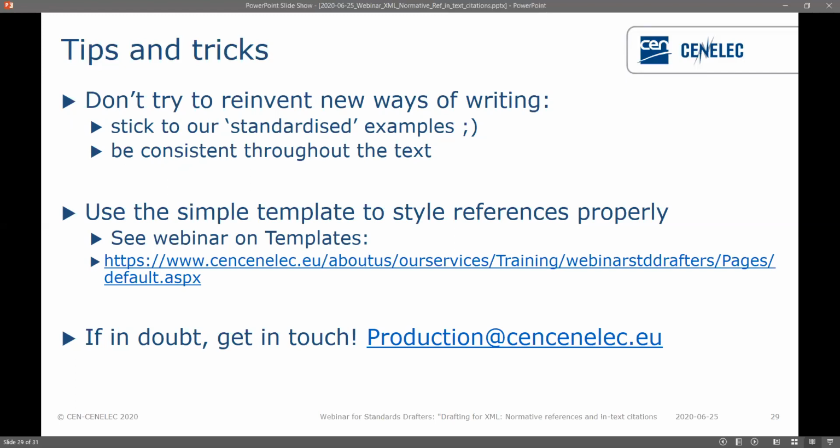And again, as Amy mentioned, do not hesitate to get in touch with us directly or any other editor if you have a contact point in your sector. If you have any questions while you're drafting your text, we can always help you. We can always attend meetings if you need us there because you don't know how to start writing. Or simply, if you have random questions and no contact point, do send us an email to production@CEN-CENELEC.eu, and the person in charge of that email will forward it to us and we'll get back to you as soon as possible.